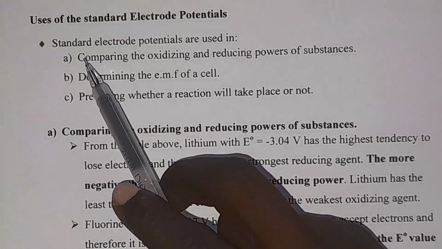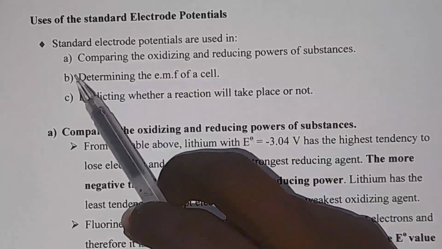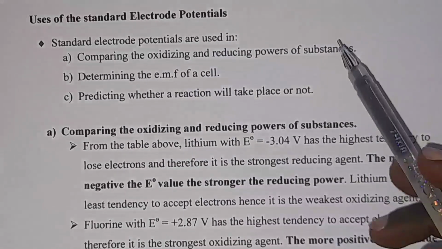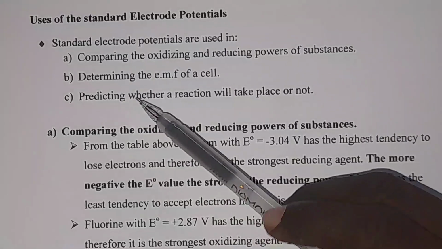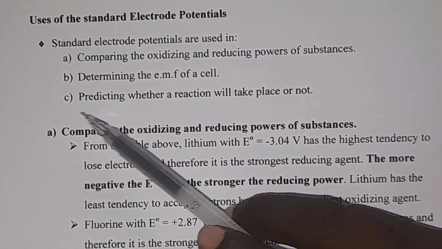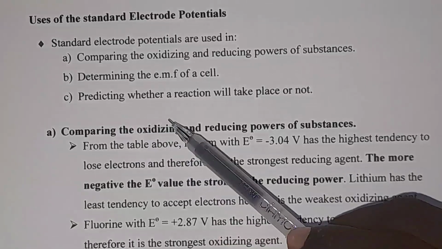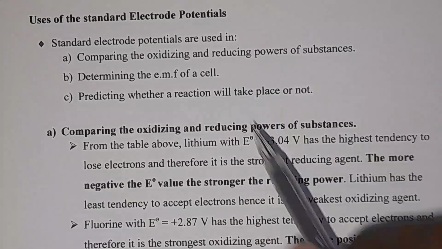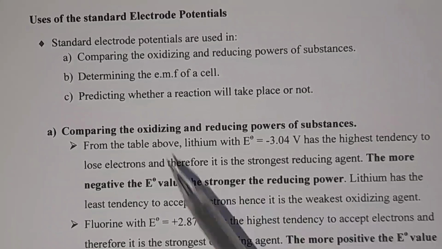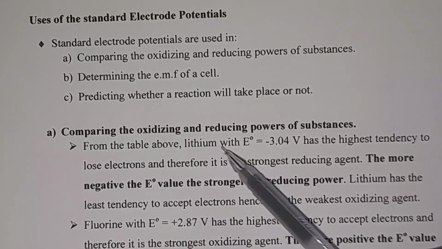We are saying standard electrode potentials are used in A, comparing the oxidizing and the reducing powers of substances, B, determining the EMF of a cell, the electromotive force of a cell, and C, predicting whether a reaction will take place or not. So let's start with the first use of standard electrode potential, which is comparing the oxidizing and the reducing powers